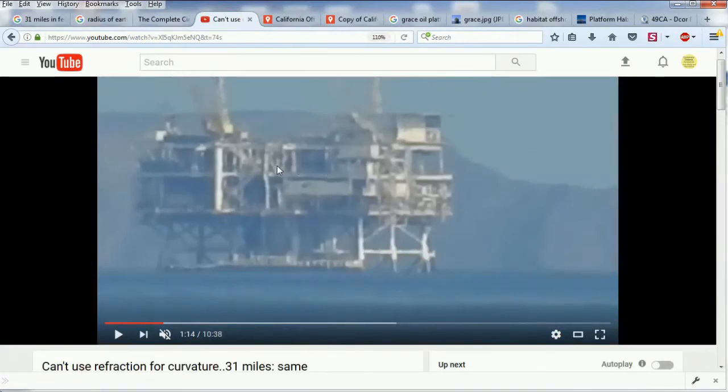So, obviously, the main crux of the argument I'm putting forward is that Grace is towering way above where it should be. I'm assuming it should be about half the height of the island, right about here, at 120 feet, because the island's 240 feet, and it's towering up at 240 feet. But this whole issue of the